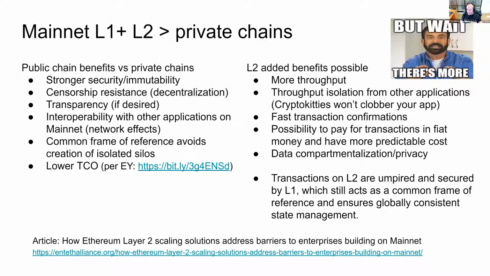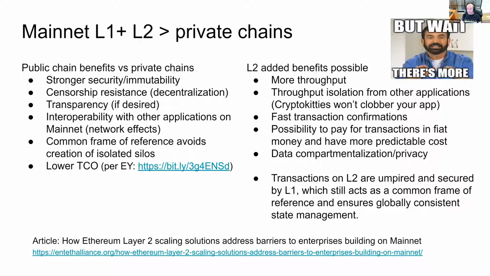You can have the possibility to pay for transactions in fiat money and to have more predictable costs. So many people have complained about the unpredictability of gas price and the high cost of transactions on layer 1. And also for some enterprises, holding Ether in order to pay for gas on layer 1 is difficult because enterprise organizations just aren't used to this concept of holding tokens and cryptocurrency, and their financial departments may not be comfortable with it. But with layer 2, you can have an operator that you pay in fiat money or whatever other form of payment they're willing to accept, and they can offer you a predictable cost for your transactions.